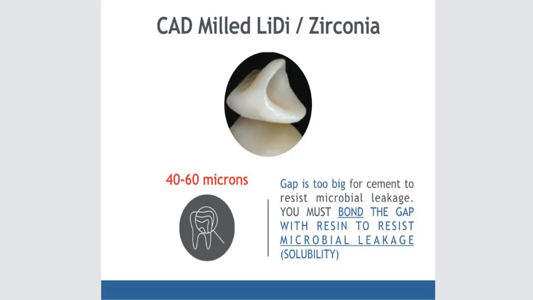You have to bond the gap with a resin cement to resist the microbial leakage. Solubility is the killer. This is one of the reasons why I'm such a proponent of bonding with a resin cement rather than cementing with some other type of cement. And there are situations when I do cement and I do use